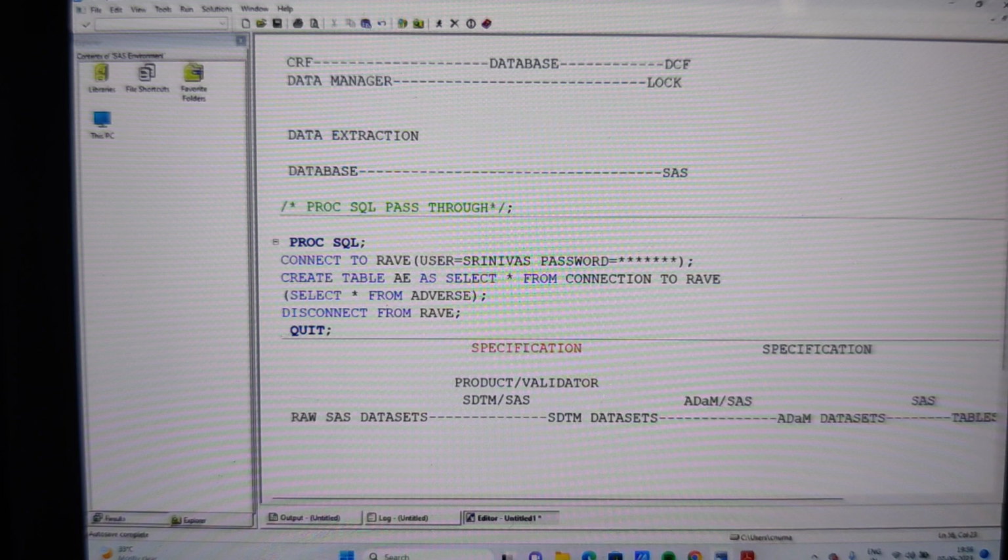And along with that, whatever CRF sheet we have, from the CRF sheet we are going to create a CRF annotation. So you can work as a CRF annotator. And that also comes under SAS programming. So we have around 9 different positions and roles we can fit anywhere at the end of our project classes.